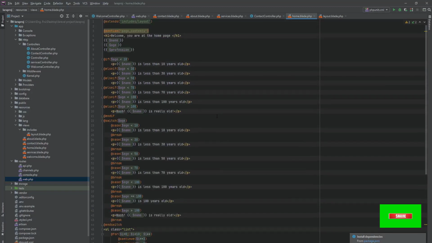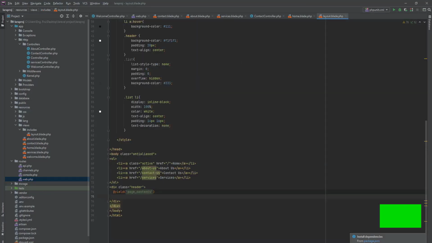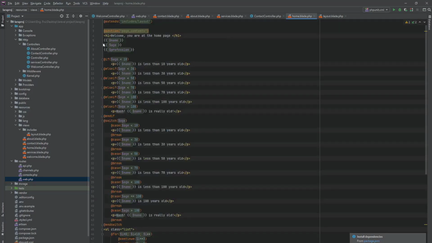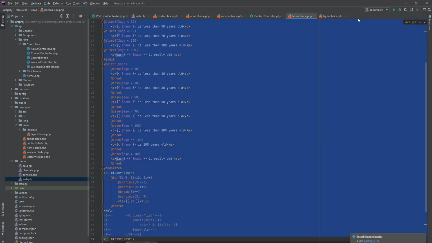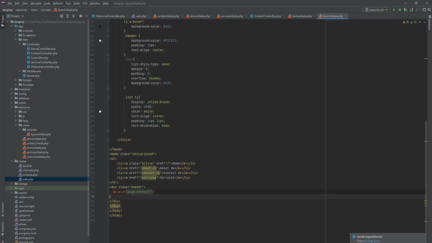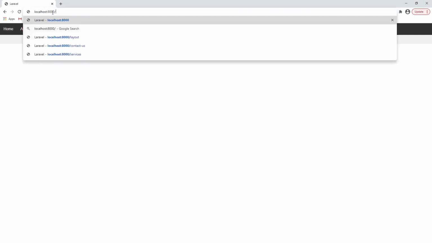Okay, so this one means I'm defining the contents for this page content, and this one means provide a space for page content. So it's going to take this page content here, so it's going to display it here. Okay, if I go to the browser, refresh. Now currently we are in the layouts. If we go to the home,